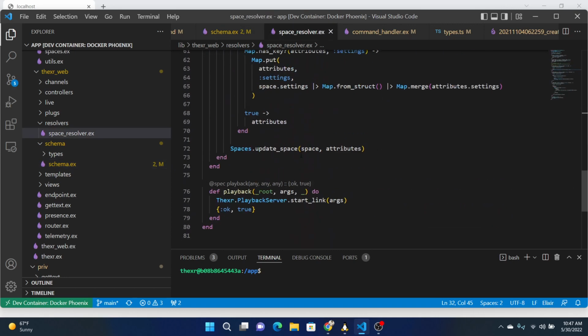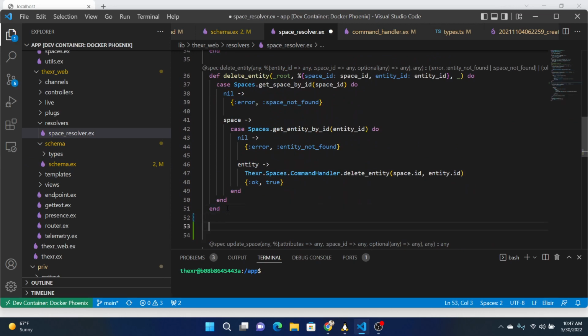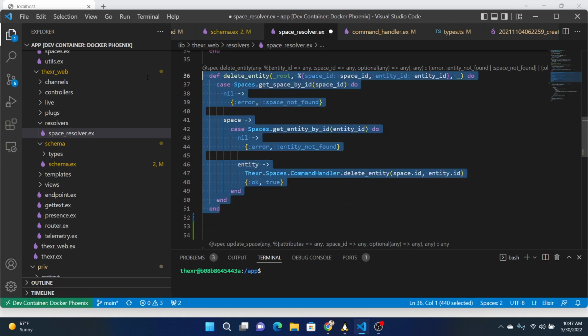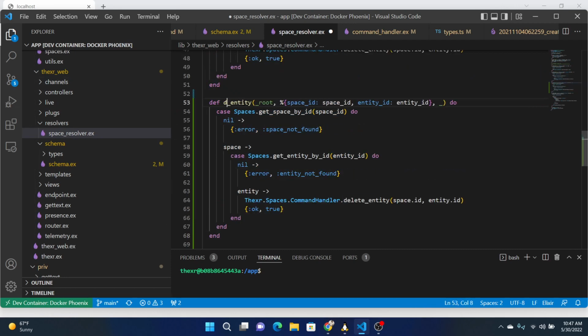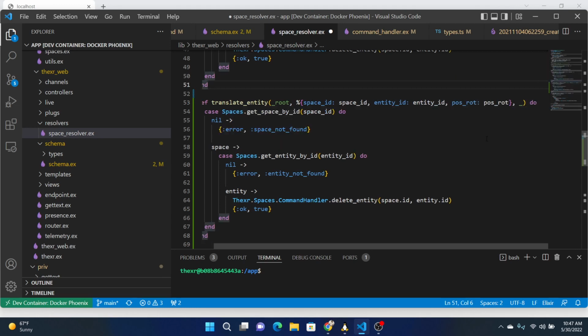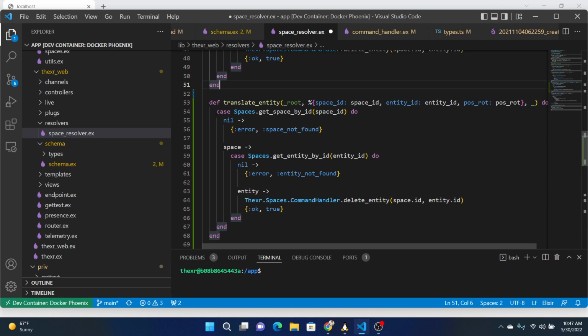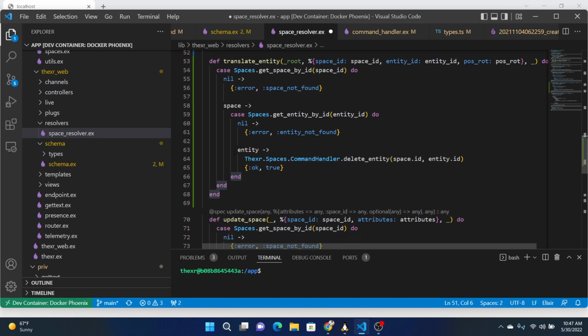And go down to here, copy this, translate entity, we'll get this, and then we'll get pose rot, get space by the ID. If there's a space, get the entity by the ID. If there's the entity, then we'll